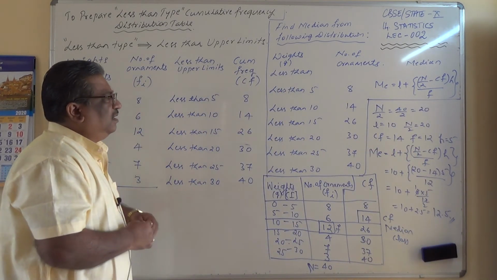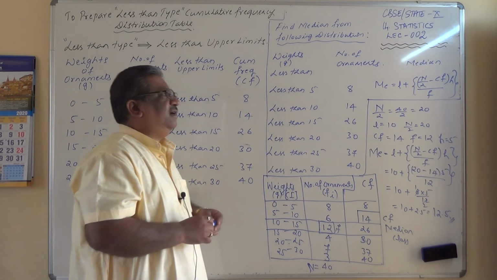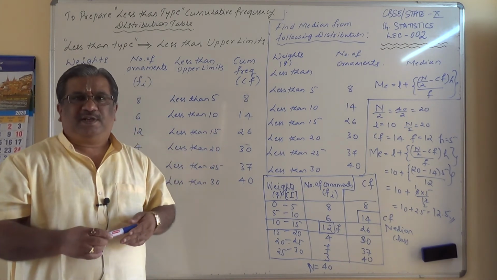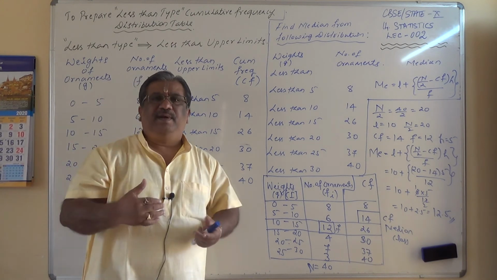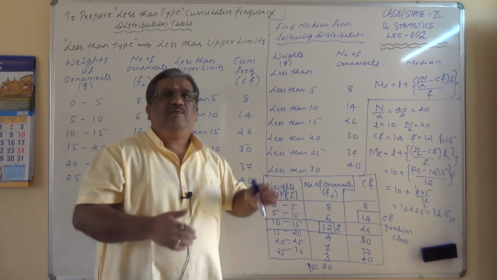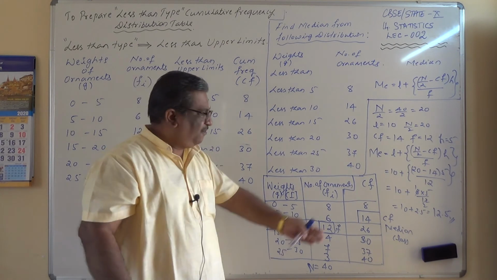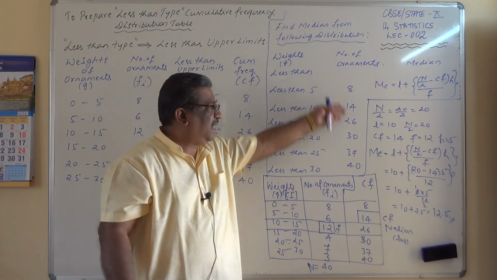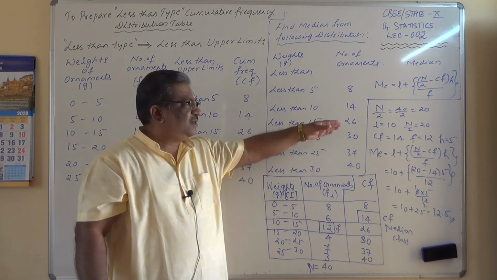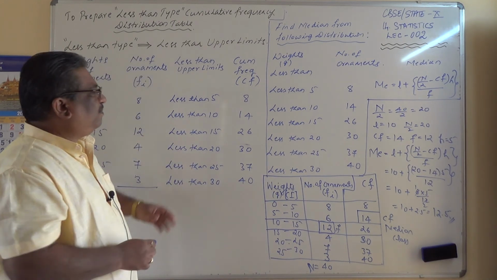Is that right? So in order to find the median from the given data, we need to understand what exactly the less than type of cumulative frequency distribution table is. If we are given the less than type of table, we should be able to extract from it the class intervals, the frequency, and of course one more column, the cumulative frequency, which is, as it is less than type, something we can note down. Once we populate the values of all the parameters required in the median formula, you can find the median. So I hope you have understood this.